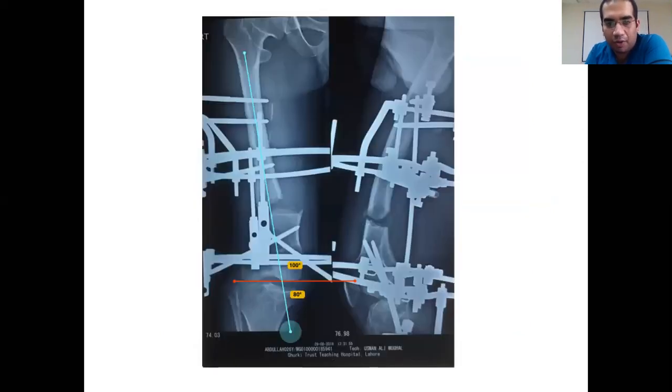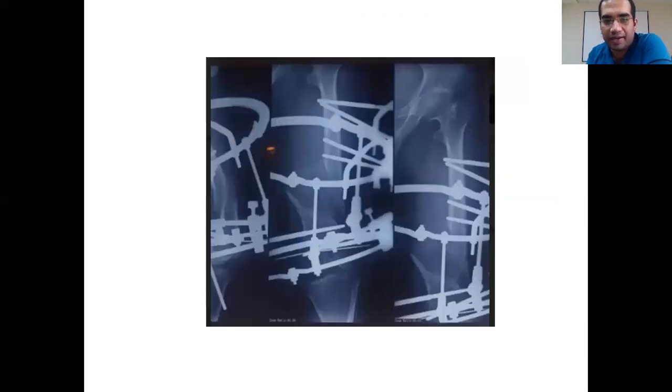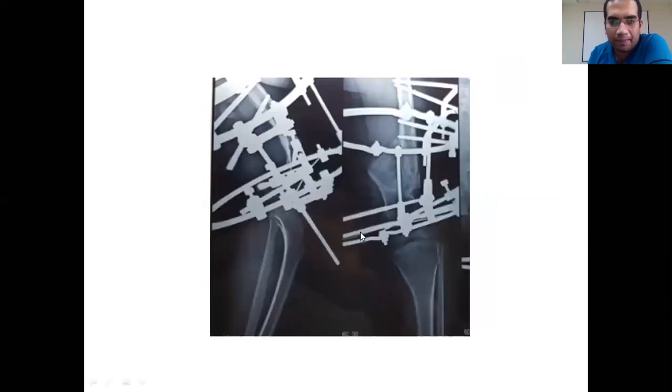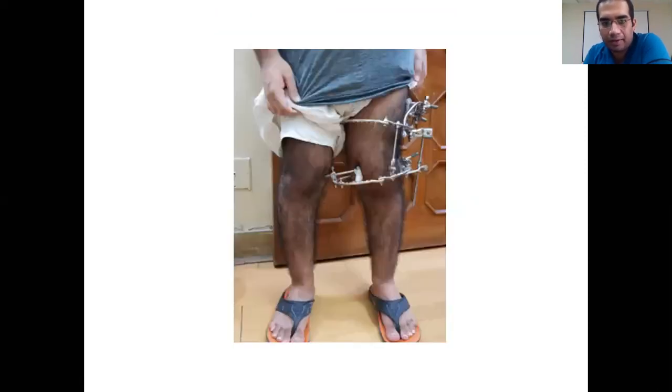This is how the deformity was corrected. In the end, the bone was formed. Now what I face here, though the bone stock is quite adequate, but I wanted a little bit more bone. So what I did, when I did the osteotomy on the other side, I did an oblique osteotomy. And now, as you can see, so much bone is formed when I did an oblique osteotomy. But the same rule 2 osteotomy was applicable over here as well. As you can see now, the limbs have been corrected.